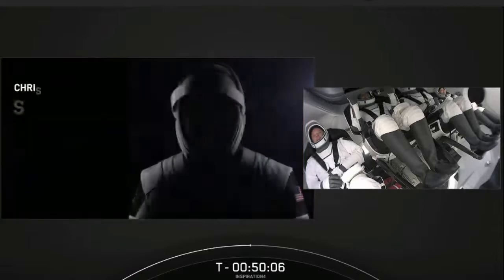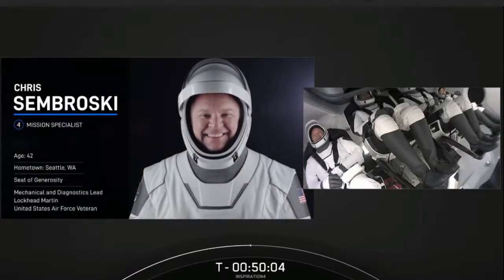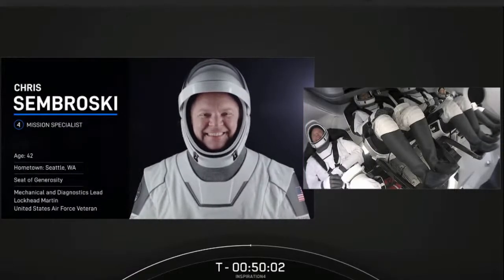As part of the effort to raise money for St. Jude, Jared decided to give away one seat to a person at random who donated to St. Jude's cause. That seat, the seat of generosity, went to Christopher Sombrosky. Christopher Sombrosky of Seattle, Washington is the mission specialist of today's flight, helping to manage payloads, science experiments, and communications